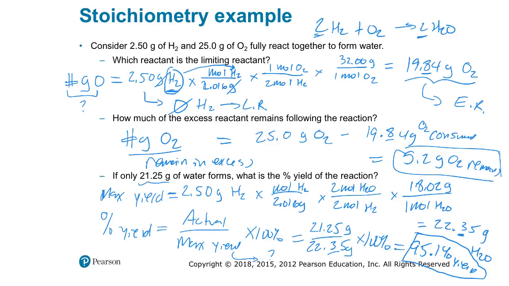I even want to go back for a second and think about how this problem may have been a little bit different if we had started here at the beginning. What if I had done it here with 25 grams of oxygen? What would have happened? Well, what would have happened is I would have gotten the grams of hydrogen to be more than what we had given in the problem. And then I'd have to simply go back, cross that work out, and say, okay, well, that's not going to work, and then start with the other reactant, and start with the hydrogen,